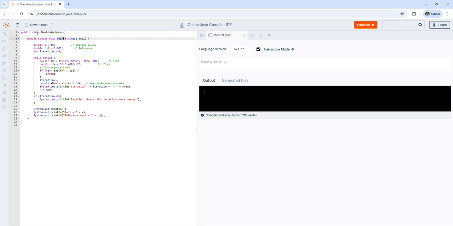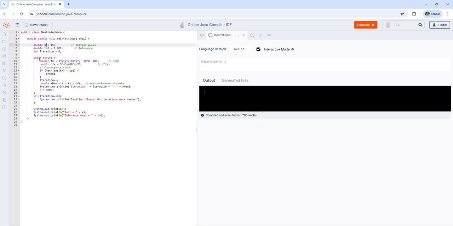And so I'll not get into details of the class and other things, but let's just say this is required. So we leave it at that. And then this is the actual function which does the job of computing and finding out the root. We have a variable type double for floating points, and then we have x with some initial guess. Tolerance is 0.001, iteration is 0, and we'll keep counting the iteration, and it's going to be integers only, so